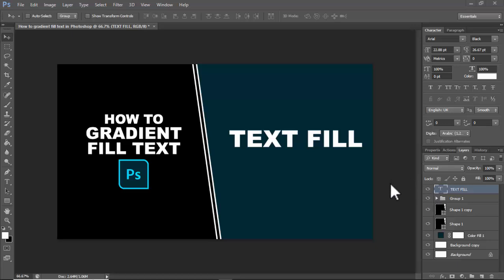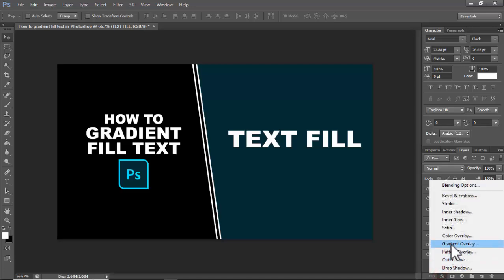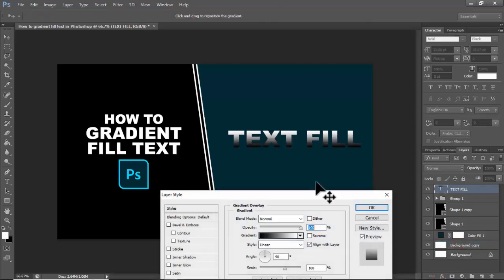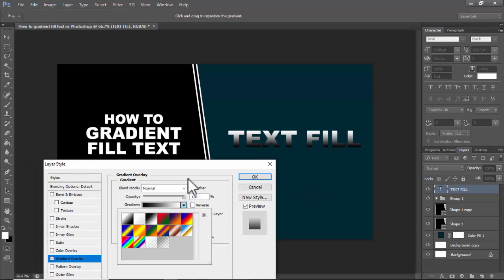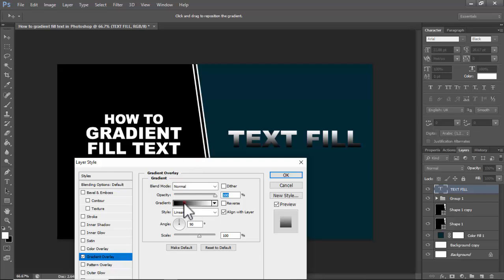In this video, how to gradient fill text in Photoshop. Now, see this. I have a text. Click Effects and select the gradient overlay. Okay, and use. Now see this menu, gradient color. Use custom color. Click the plate